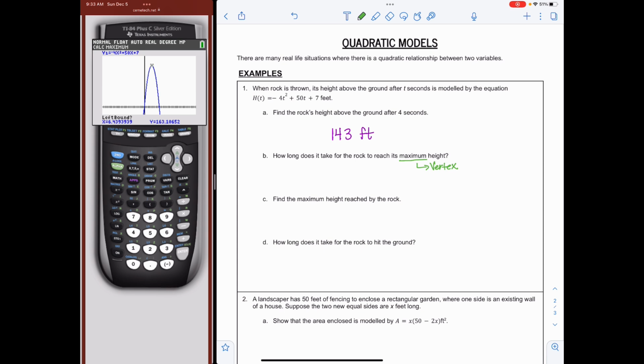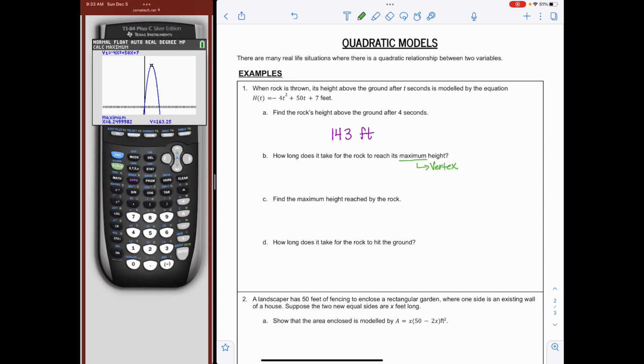So I'm going to pick an x value that's to the left of 6.4. So I'm going to pick 4. And as you can see, that vertical line pops up, and then I need to find another x value to the right of it. So I'm going to use 8. As you can see, when I use those 2 x values, that maximum is in between those 2 bars, so I know that the calculator will be able to calculate it. So when I press enter for the 3rd time,